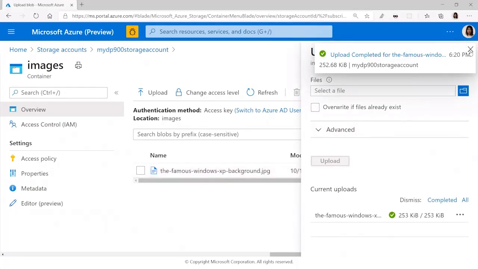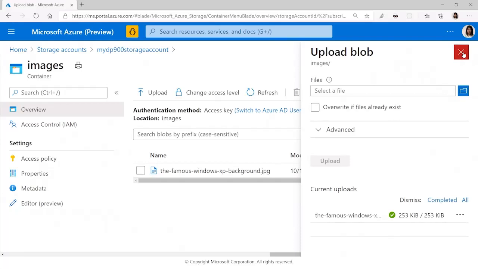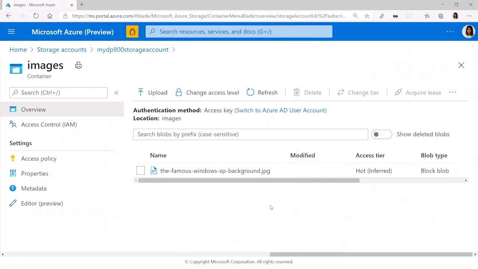Now that's been uploaded, so I'm just going to close out of this. And because I've set the container to have private access only, which means there won't be any anonymous access at all, to be able to access this blob, I would need to get some sort of authenticated or authorized access rights to it. So what I can do is grab a SAS token, which then gives me a time period with which I get authenticated access to this particular blob if I can